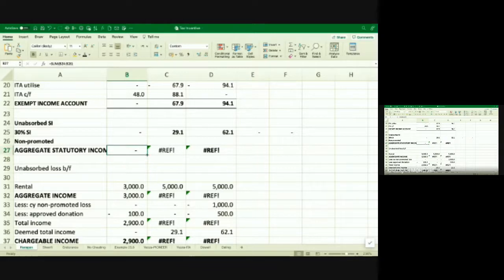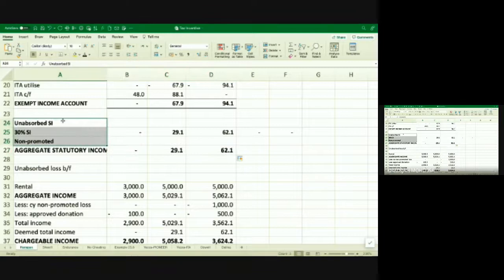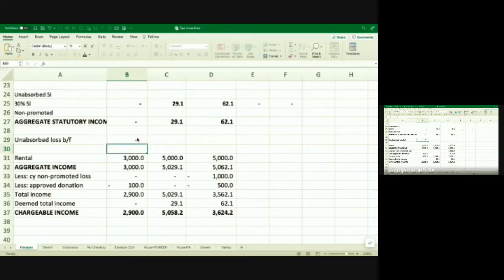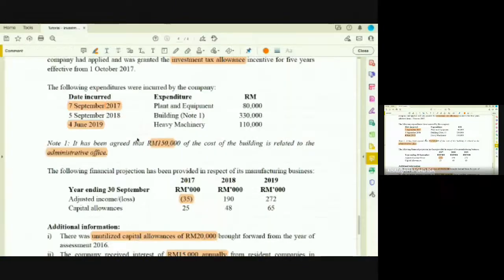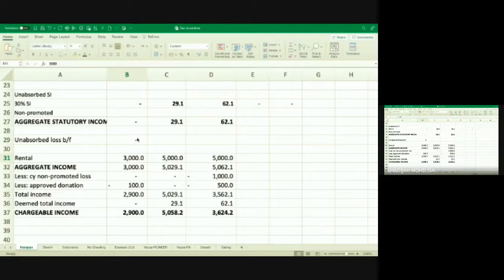So the total that is your aggregate SI. Unabsorbed loss, do we have any loss brought forward? 0. You have interest income of 15,000 annually. So here is interest of 15,